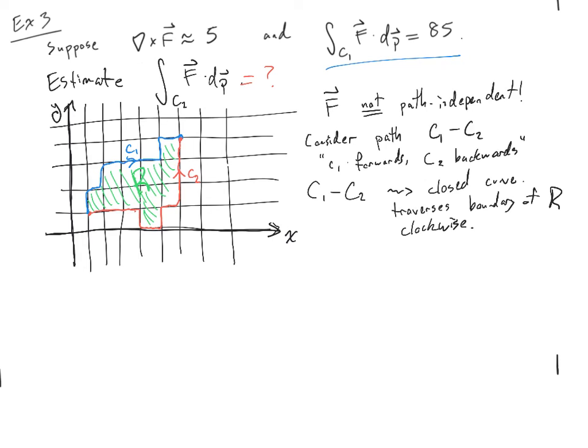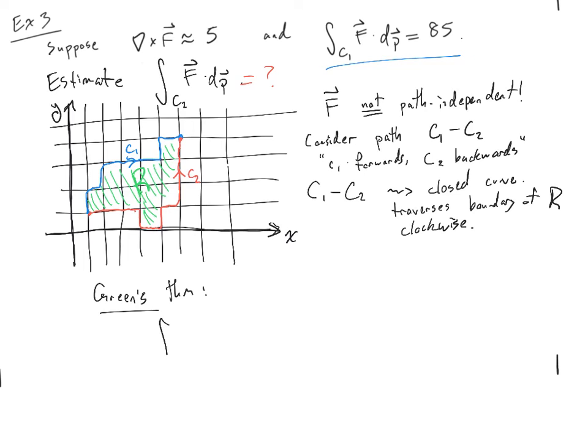So in order to use Green's theorem, I'm going to have to add a negative sign. I could either take C2 minus C1, the one going counterclockwise around, and use the integral of R, or I could just add a negative sign on the integral of R. This is the same as how if you do an integral going left to right versus right to left, you add a negative sign. So what Green's theorem tells me, and I'm going to use it for C1 minus C2,